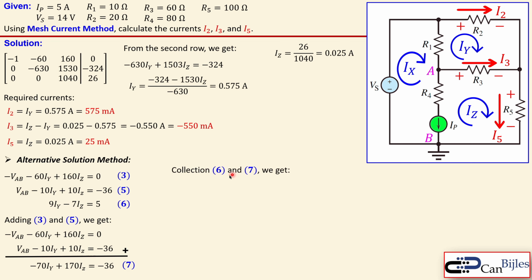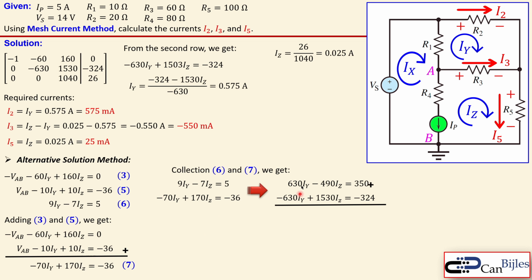So we have now a collection of equations number 6 and 7, this one and that one. This is a perfectly simple set of equations that you can solve without matrices. You can multiply the first row by some number and the second row also by a number, and you get convenient coefficients to add them up or subtract them from each other. If I now multiply the first equation by 70 and this one by 9, similar to the multiplication in the matrices, you get this. Now you can add them up